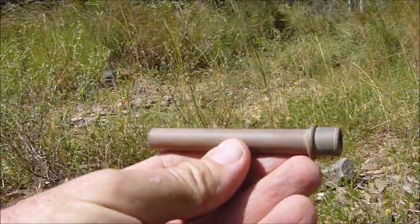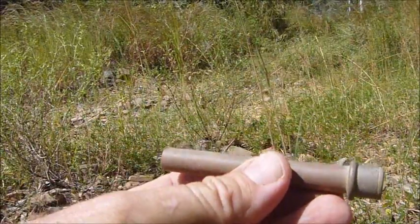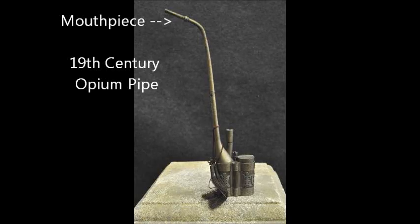So that's a good find, nice piece of copper. I'll magnify it and we'll see if there's any writing on it, any Chinese characters or anything, but that's a great find. Okay, on to the